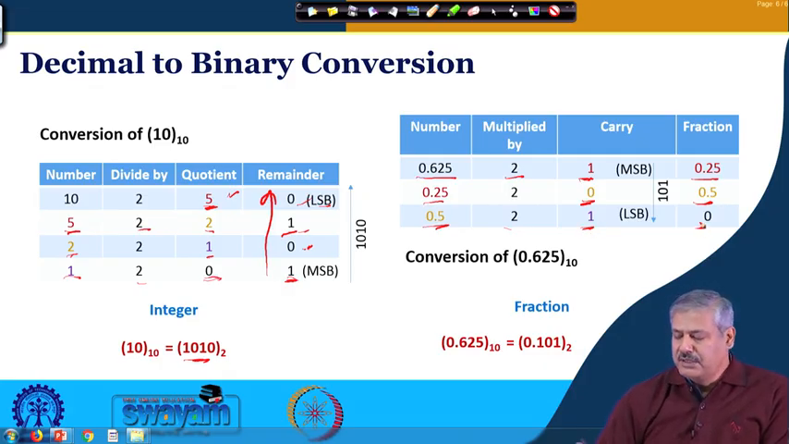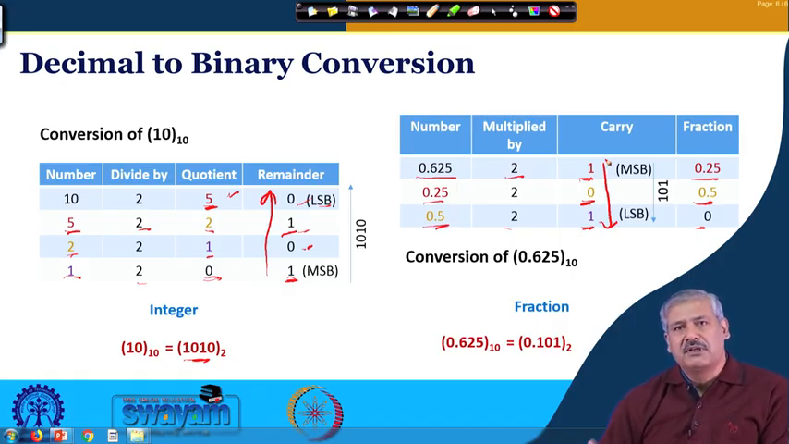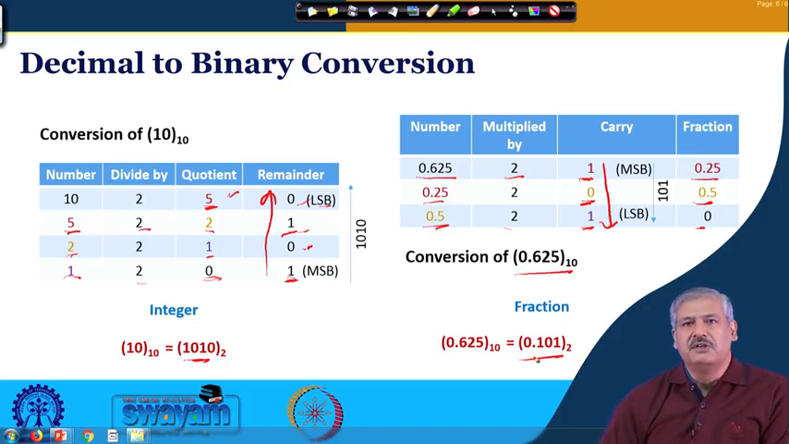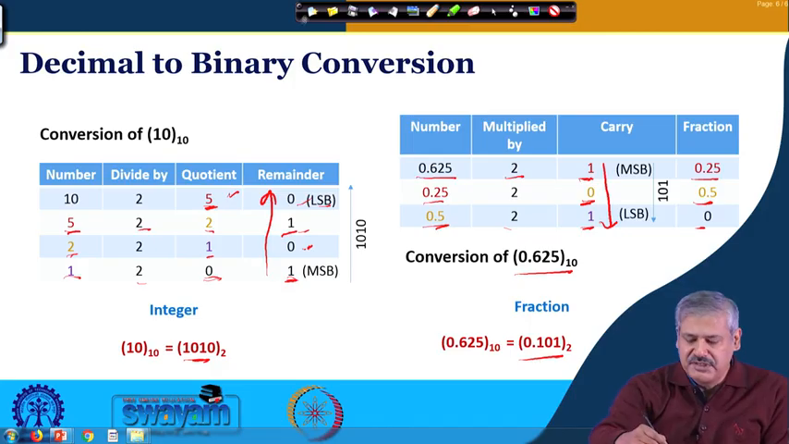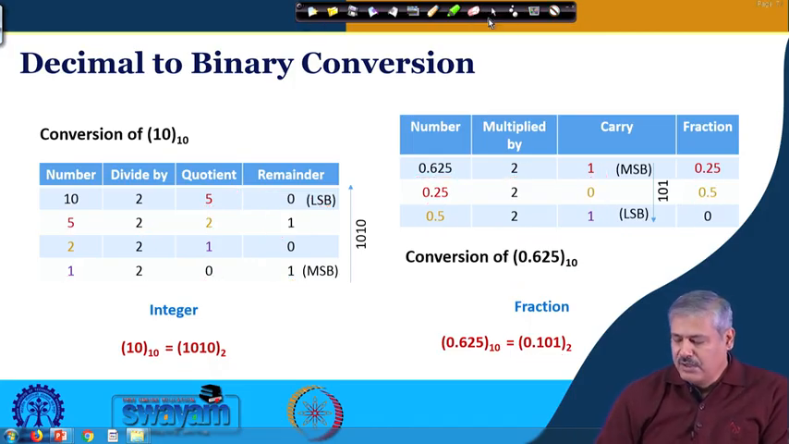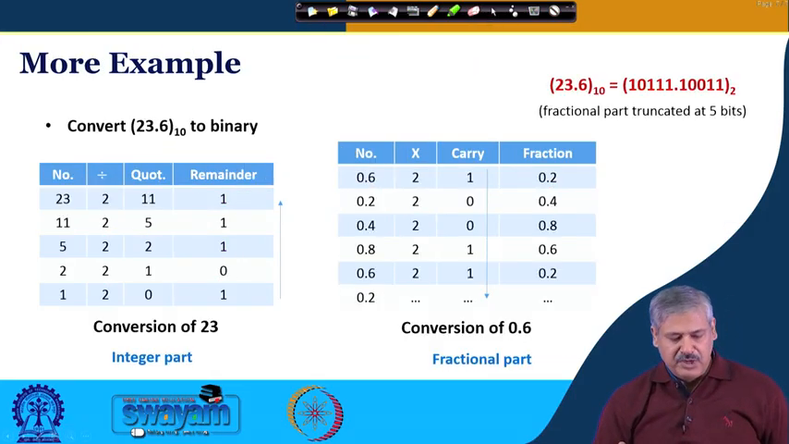Okay. So after that there is no further fractional part available. So this time we will go from top to bottom. So the topmost one is the MSB, in the sense that it comes right after the binary point, and the bottommost one is the LSB. So 0.625, its corresponding binary equivalent is 0.101. So this is the way decimal to binary conversion is done. Okay. So we have one more example here,